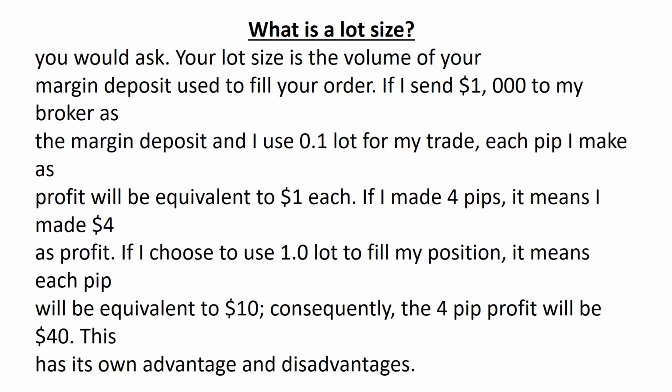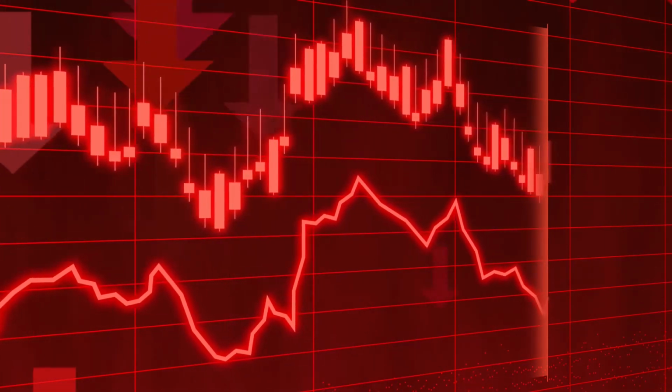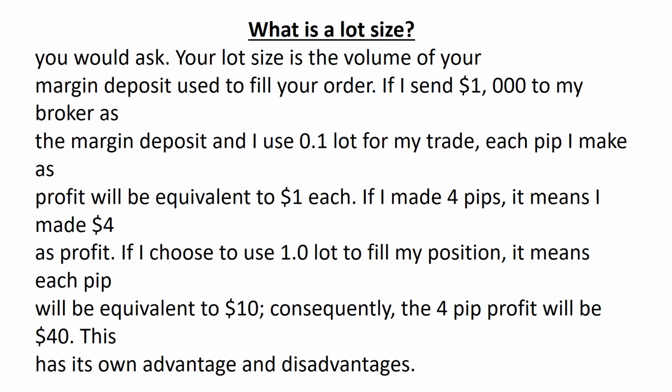While we have the mini, which is 0.1, and we have the standard lot size, which is 1.0. So the standard lot size is 1.0, the mini is 0.1, and the micro is 0.01. It's advisable, especially if you're starting, you're just learning to trade, that you trade with the smallest lot size so that you don't lose your money, because it only takes a few seconds before you become broke